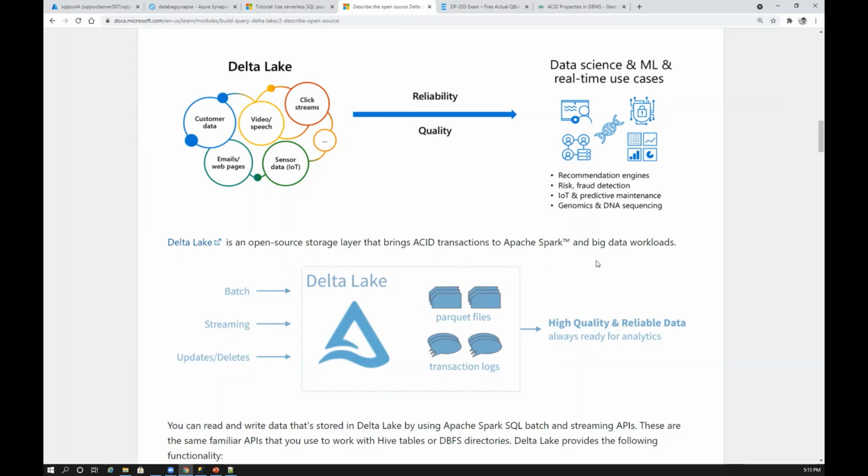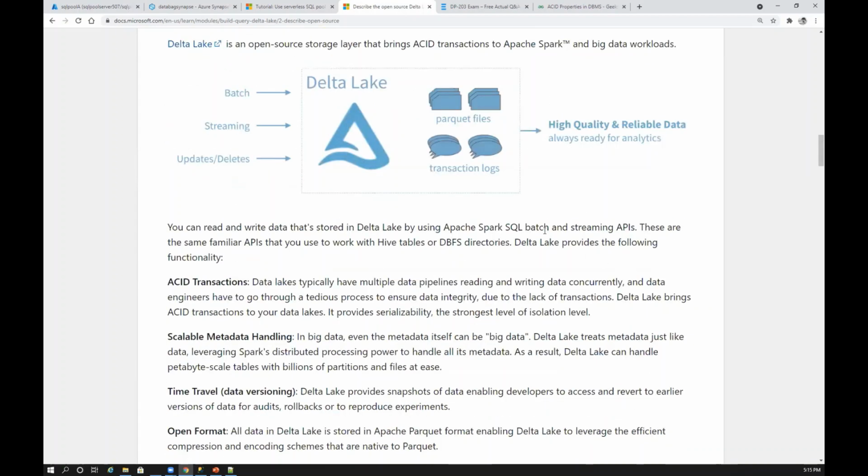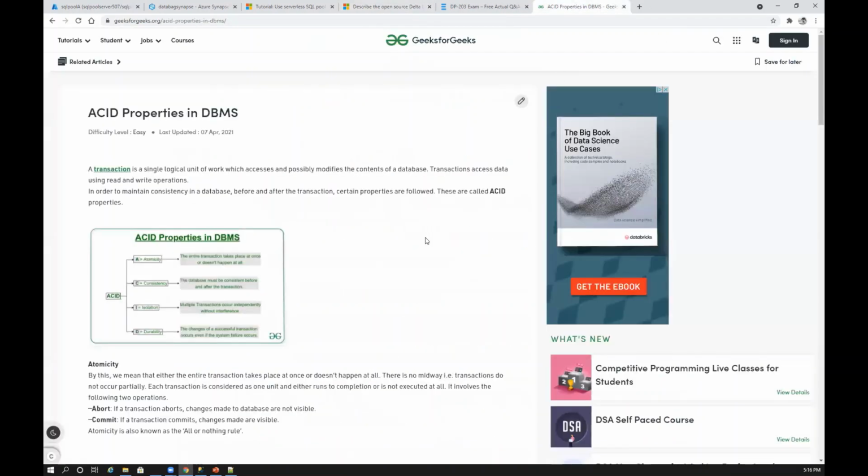When it comes to the data lake, you have batch data coming from one source, streaming data coming from a different source, and then you have to join and load that. But here, directly from the source, you can connect, load, and save everything to the Delta Lake. Delta Lake is like a SQL Server table, a SQL Server database, which can store structured, semi-structured, and unstructured data. That is the importance and the main feature of Delta Lake. If you go to the main differences, you have ACID transactions. So what are ACID transactions? I think I've got another thing for that.